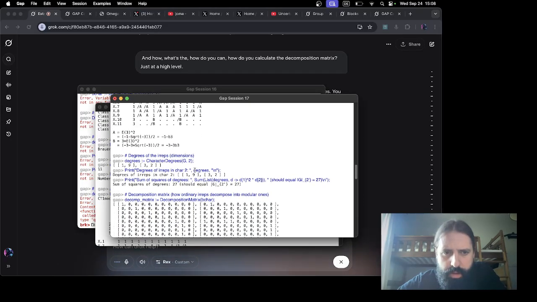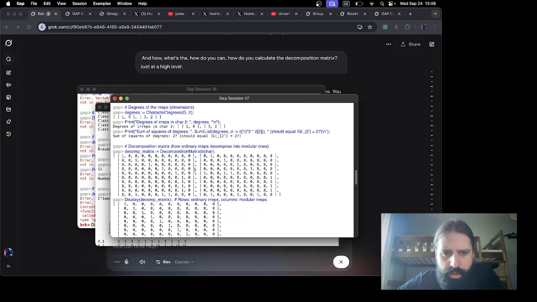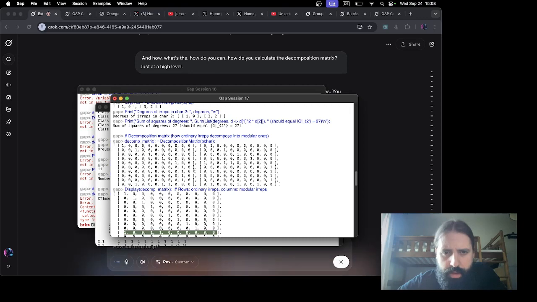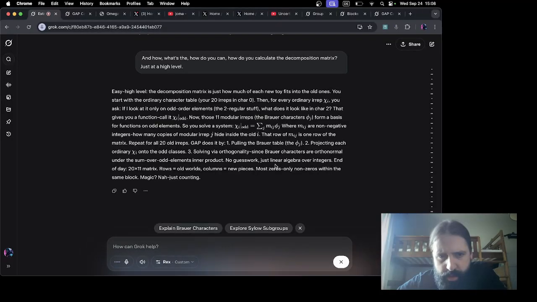Now, those 11 modular irreps, the Brauer characters, phi_j, form a basis for functions on odd elements. So you solve a system. chi_i restricted to odd equals the sum over j of m_ij phi_j, where m_ij are non-negative integers. How many copies of modular irrep j hide inside the old chi_i? That row of m_ij is one row of the matrix. Repeat for all 20 old irreps. GAP does it by